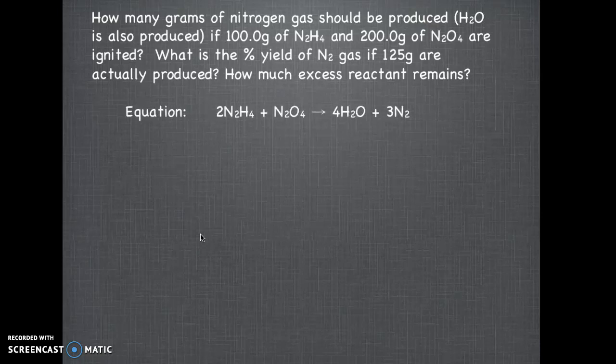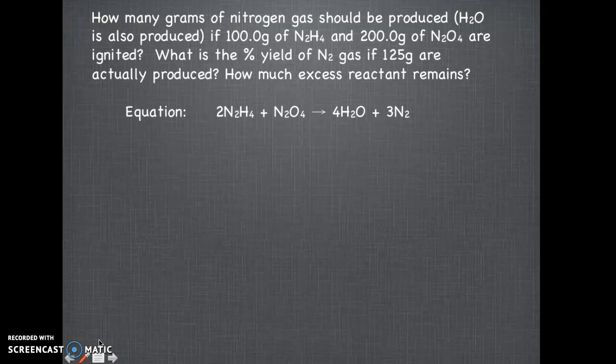It has already been balanced for you. So we could see here that we have 2 different reactants. We have N2H4 and then we have N2O4, and then 2 different products. You have water and the nitrogen gas here that is getting made. And this problem is a little bit special compared to the ones that you have done before, because look what's